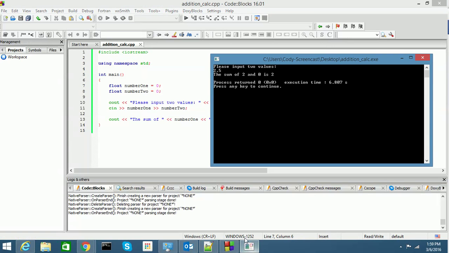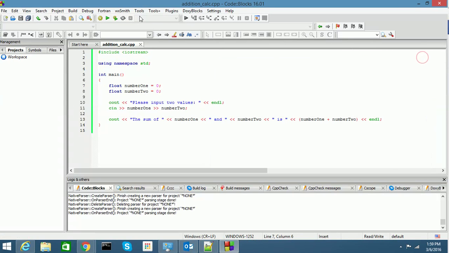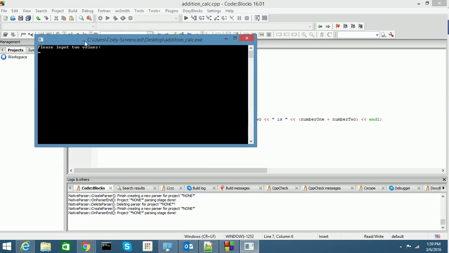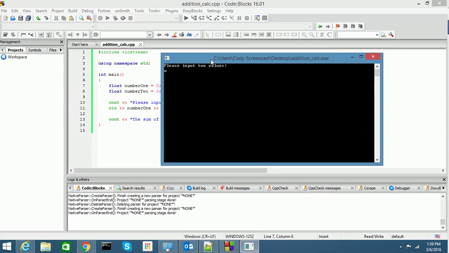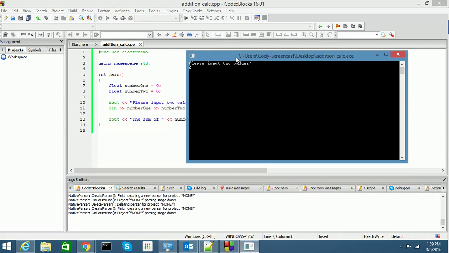And what we want to do is first exit our last program. Now we want to, once again, build and run. And what you'll see happening is "Please input two values." So we can input, say, 2.5 and 2.75, and it will print out the sum of 2.5 and 2.75 is 5.25. So it's just like the last tutorial, the last program we ran, but now we can use floating